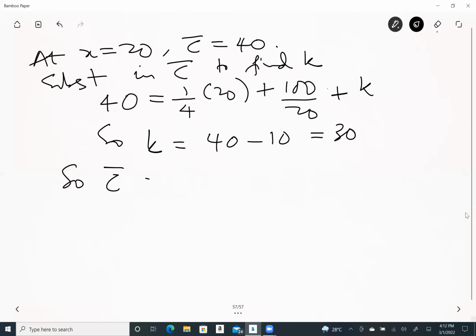So your average cost will be equal to 1/4x plus 100/x, I'm sorry, plus 30. So now you got that 30. Okay, so the value of K is 30. Check my answer. K 30, betul ya? Okay. So after that, then only you can answer part B. Find the average cost of producing 100. So again, you substitute, then you get the average cost of producing 100 units. Okay, all right. So that is 12.1,